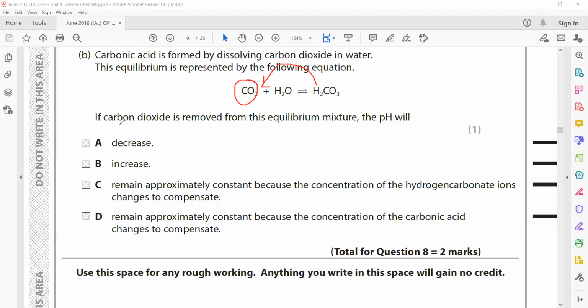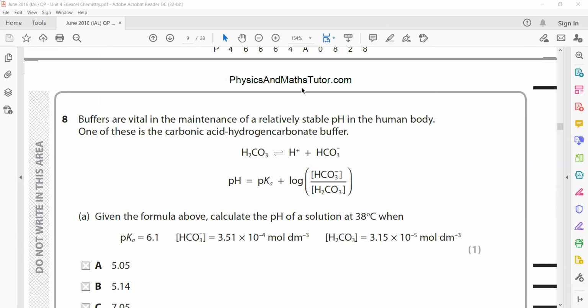Okay, in the question they mentioned if carbon dioxide is removed from this equilibrium mixture. So if the carbon dioxide is removed from this equilibrium mixture, the amount of CO2 will decrease. If the amount of CO2 will decrease, equilibrium will shift towards left hand side, and as the equilibrium is shifted towards left hand side,